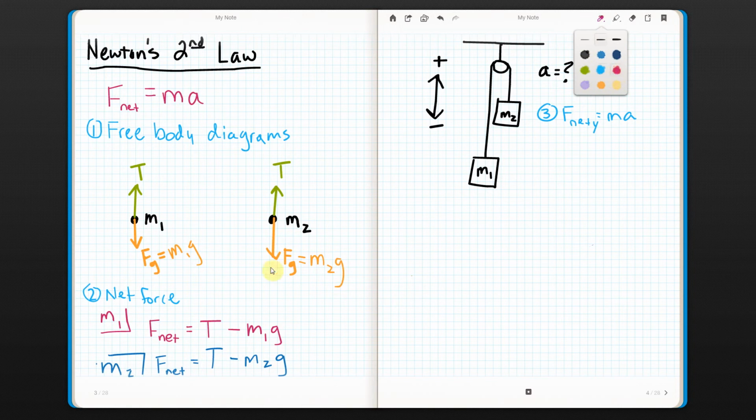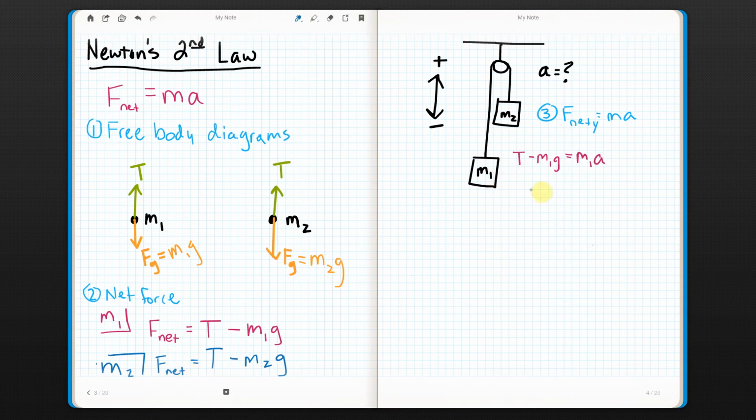So from over here, I've got that F net of the first object is equal to T minus M1G. So instead of F net equals ma, I'm going to write T minus M1G equals the mass of the first object, which is M1, and then the acceleration. Now, I don't know if that acceleration is going to be positive or negative, but when I write the second thing, the second one,